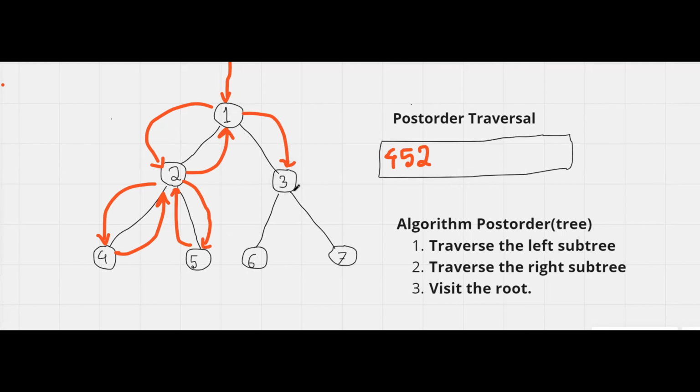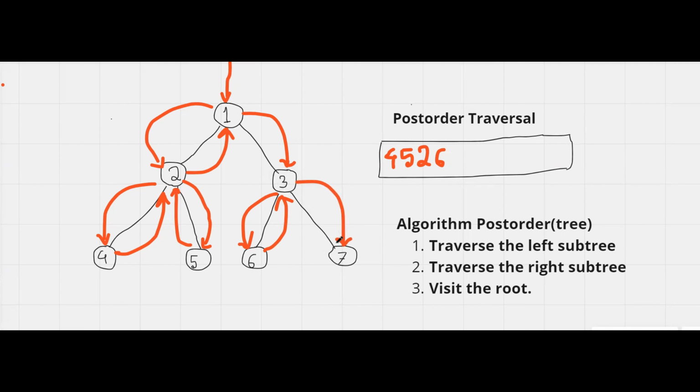We cannot process node 3 right now because its left and right subtrees are not processed yet. So from node 3, we have to move to the left subtree, which is node 6. Now, node 6 is a leaf node because it does not have any children. So we can process it and put the value of 6 into the post-order traversal vector. Now, from 6, we have to get back to node 3 again. Now we are at node 3, but we still cannot process it because we did not process its right subtree till now. Now we have to move on to the right subtree according to the algorithm, which is